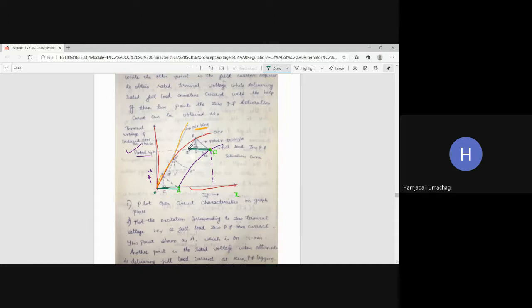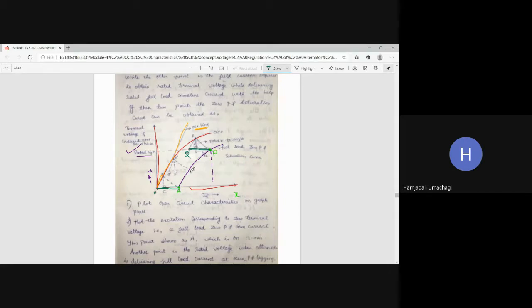So here you should measure the length of OA. Whatever the length of OA is, with an equal length you should draw the horizontal line. That end of the line we call P, the other end of the line we call Q. And to draw this line, always remember you should draw it on the rated VPH value only. You should not construct this triangle anywhere in this area. Exactly where you get the rated VPH, there only you should draw the line.